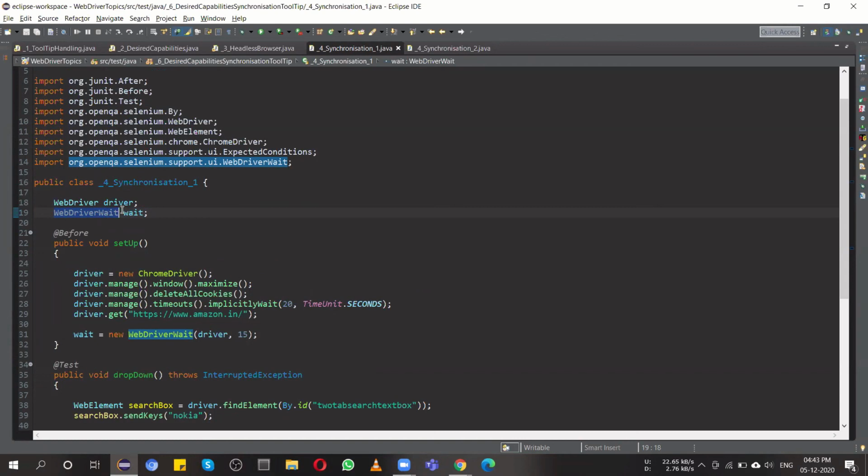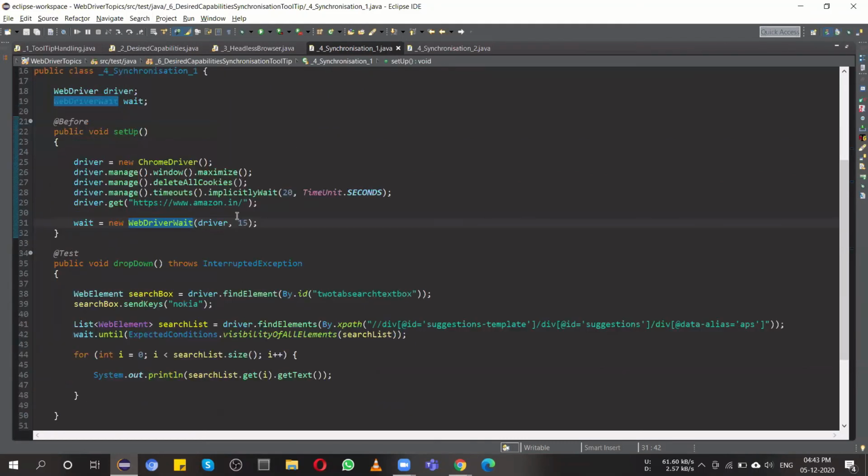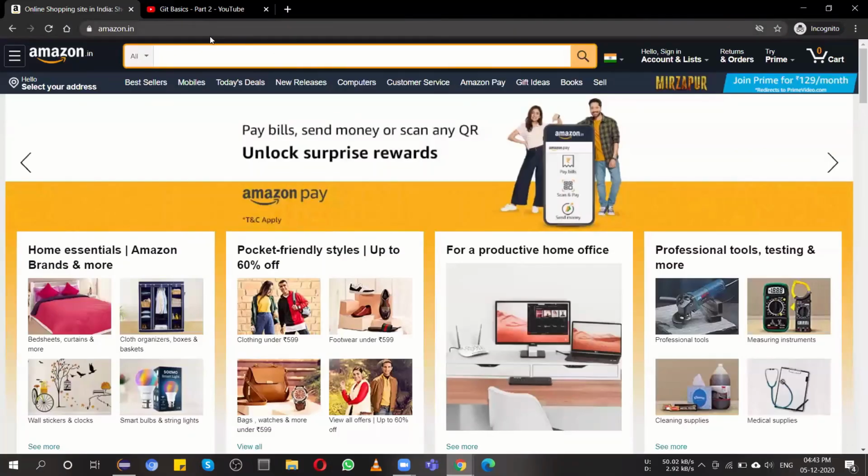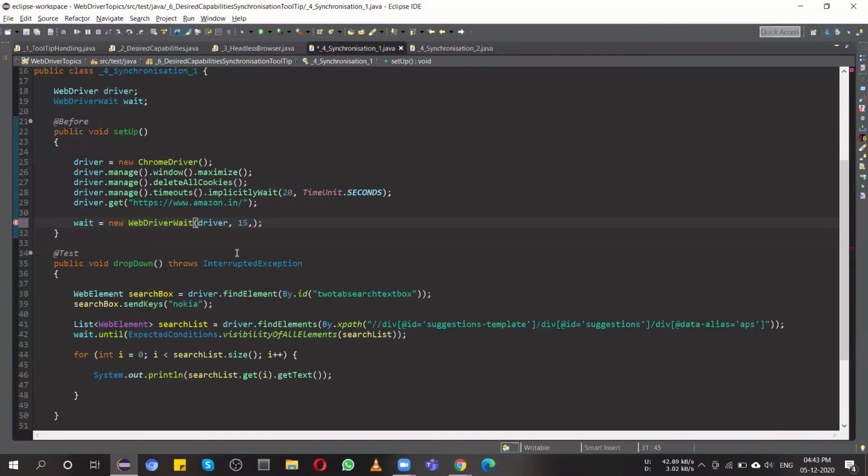The difference is that here the polling time is a maximum of 15 seconds, and over there, as a next argument, you can add to check after every 5 milliseconds or 300 milliseconds whether the list is coming or not. So that will really work fast.